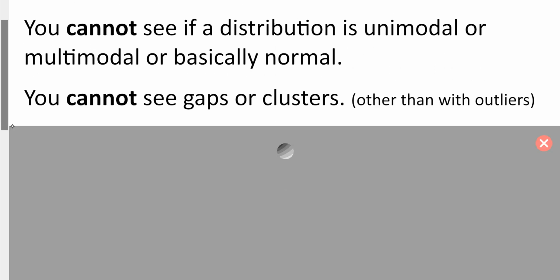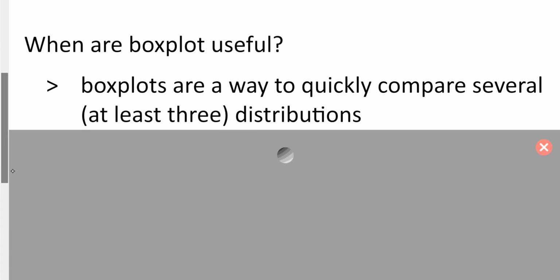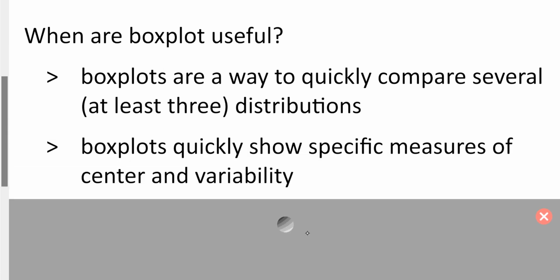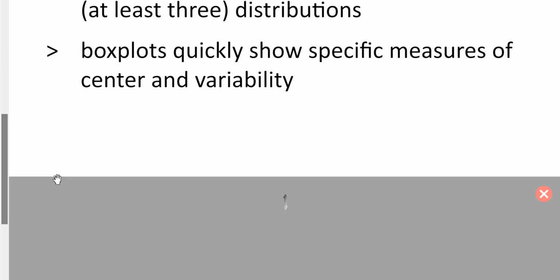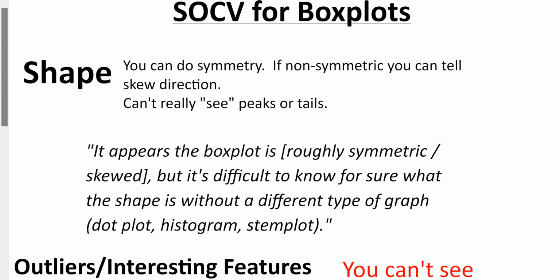So what is the point of them then? Well, they give a good summary. If you have two of them, you can quickly compare different features, maximum, minimum, spread, and whatnot. They show specific measures. We're talking about the median, the IQR, the range, as well as the quartiles. So there are pros and cons to both, but what we can do if we're asked to do SOCV for these, for shape, and summarize this as you want,